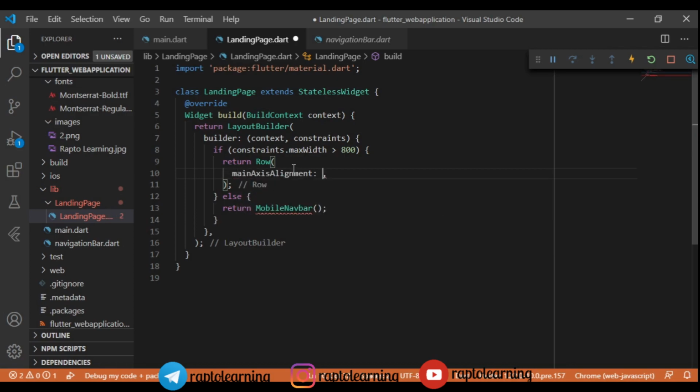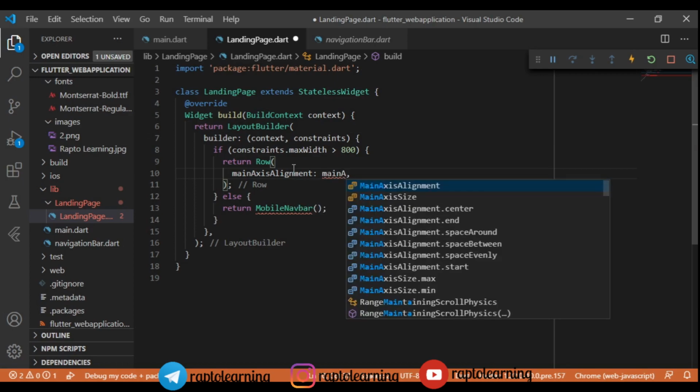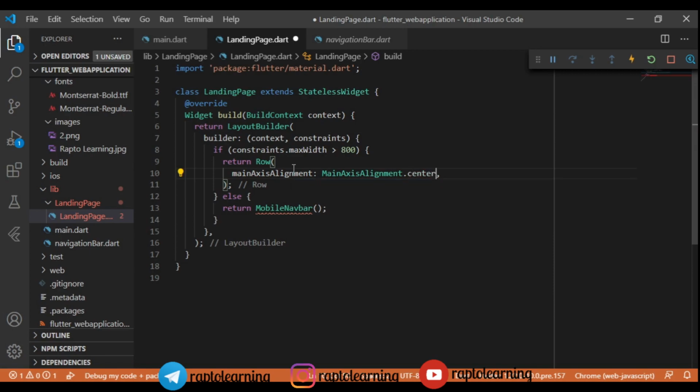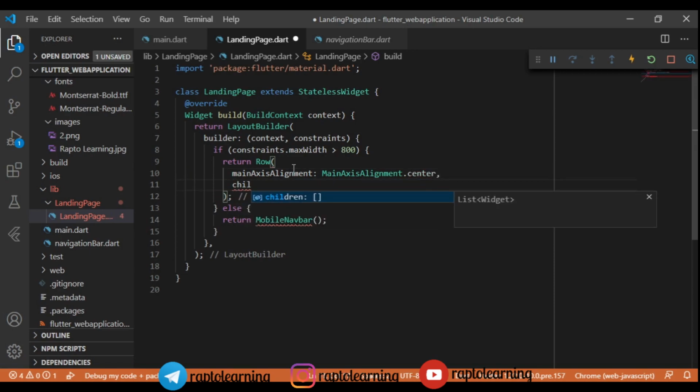In this row we are going to return the whole thing. We will prepare a function that will return the whole thing. What I am going to say, you will probably understand in a few minutes. So we'll give it a mainAxisAlignment dot center. So it's fine, right?